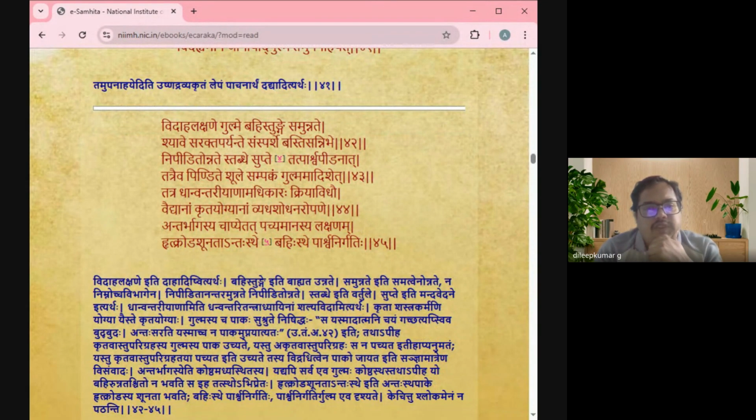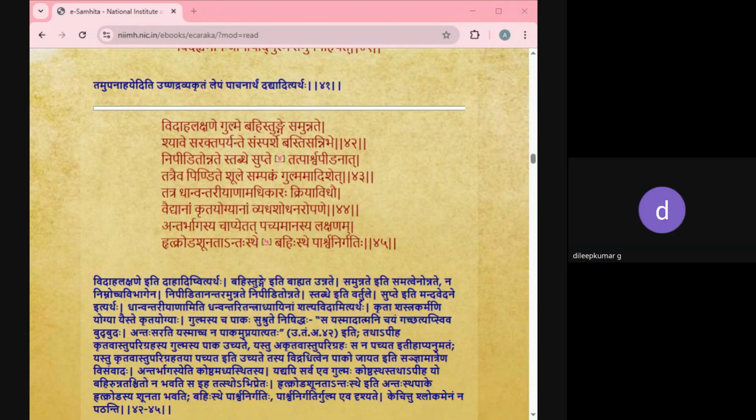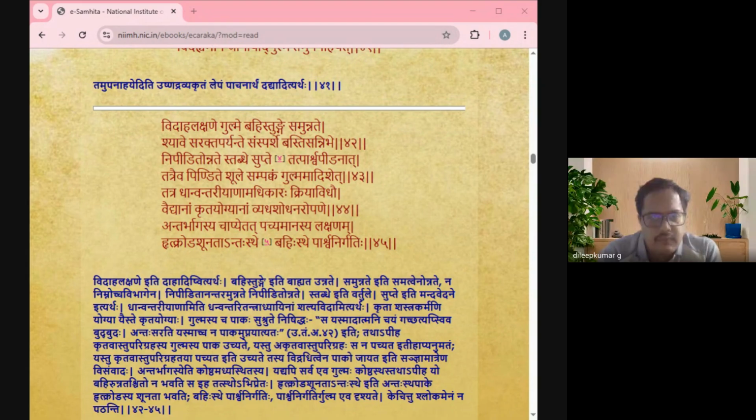Shloka number 42, 43. If any gulma is very much related to the external skin, or bahya samsparsha, or if any lesion is very near the skin, shavesa rakta paryante, with an inflammatory nature very much related to skin, then you can refer to Dhanvantriyana